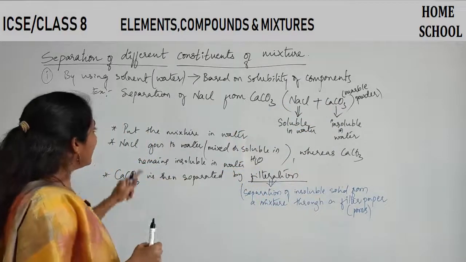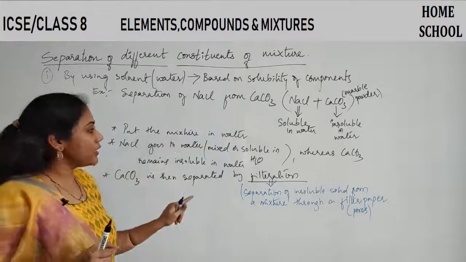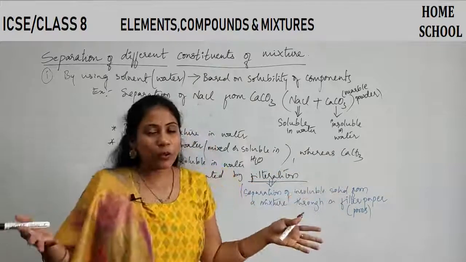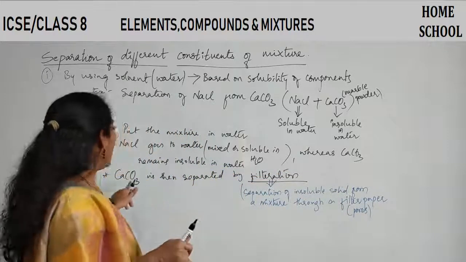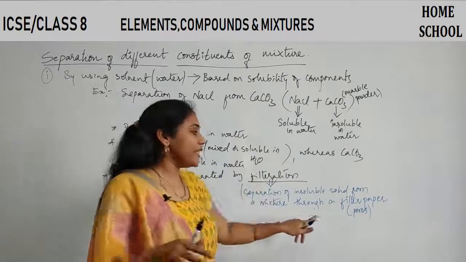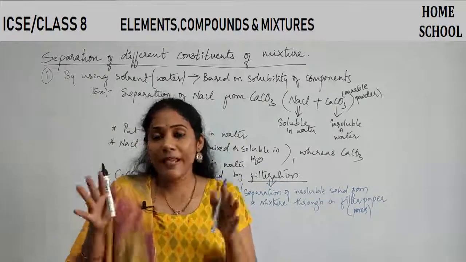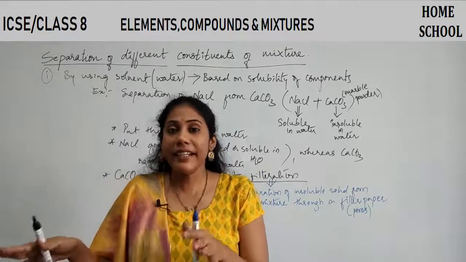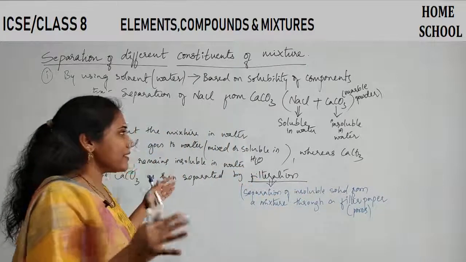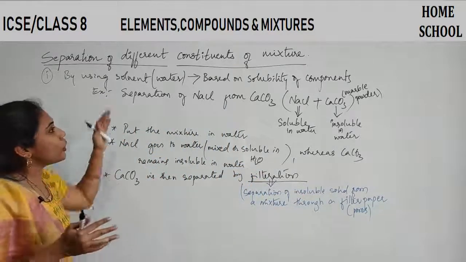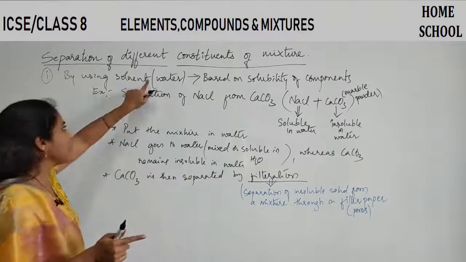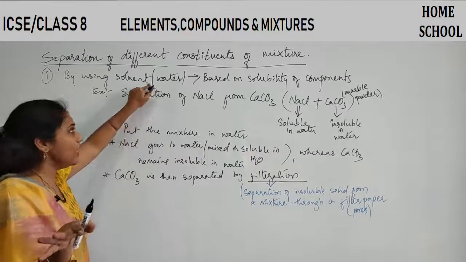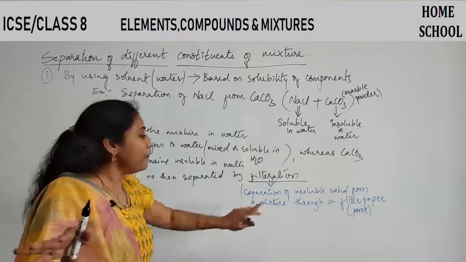This is how we are actually separating NaCl from calcium carbonate, right? So what did we do here? Initially, we put the mixture in water. Sodium chloride dissolves in water, whereas calcium carbonate remains as powder only, an insoluble solid. After that, with the help of filtration, with the help of filter paper, we are separating that insoluble calcium carbonate from NaCl, right? This is one simple method of separating components of a mixture. Just by using a solvent, one component dissolves, another component does not dissolve. Later, that is separated with the help of filtration.